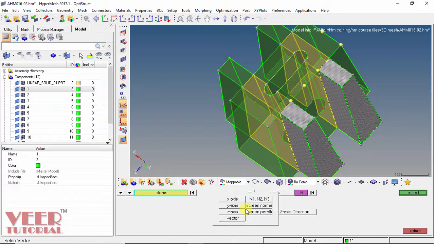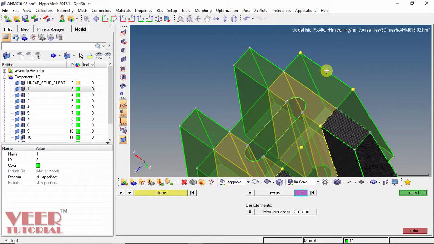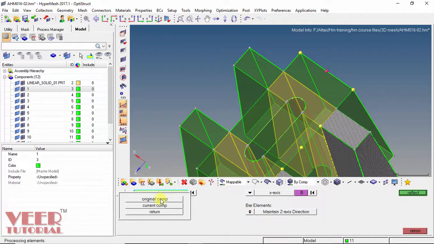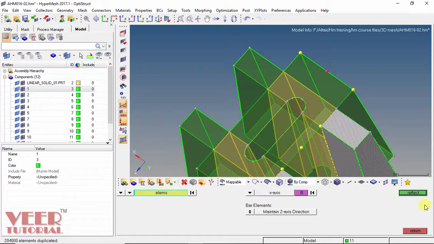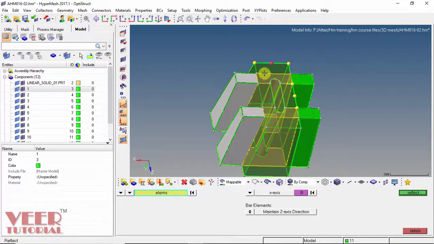So I will select the X axis and the base node will be this node. Before this reflect option, go to elements, click on this, go to duplicate and current component and then it will copy all the elements and now we can reflect them. And now we can see the meshing has been assigned to all the components.